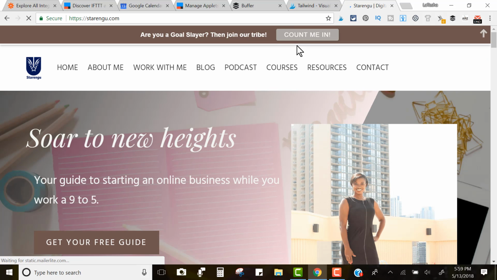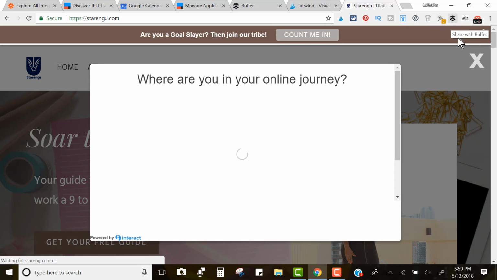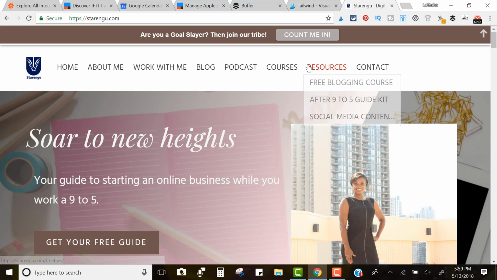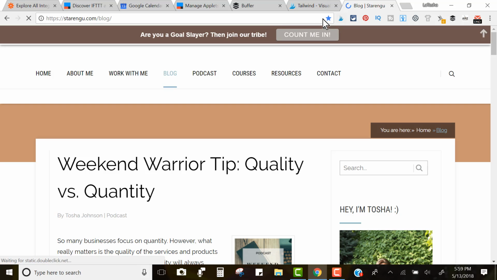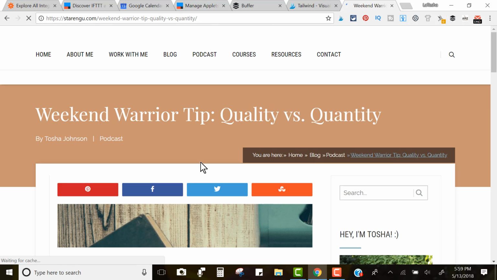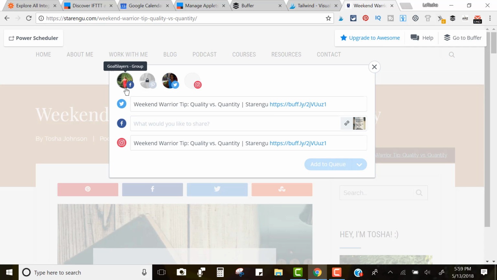One thing I highly suggest that you think about doing is downloading the Buffer extension, because that extension is going to allow you to share directly from the toolbar. Right here, I've got Share with Buffer. So in the event that I wanted to share this particular post, I can do this one of 2 ways. I can click on Share with Buffer,